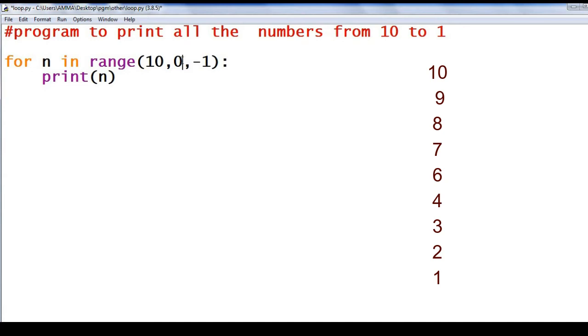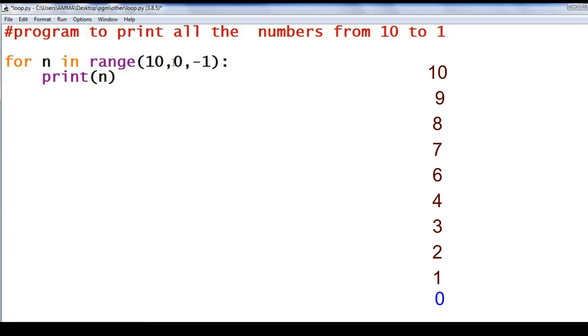That is the number just after 1 in the sequence. Here the skip value is -1. So start from 10, then 9, 8, 7, 6, 5, 4, 3, 2, 1. The next value is 0. Okay. That is why I have to give 0 here.